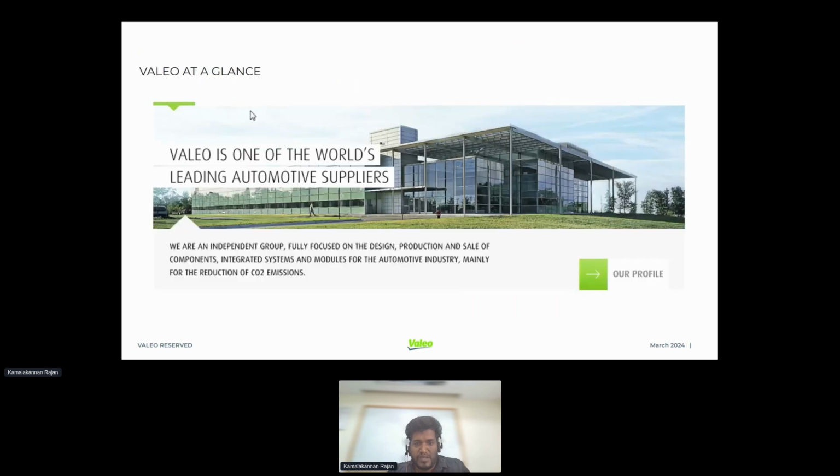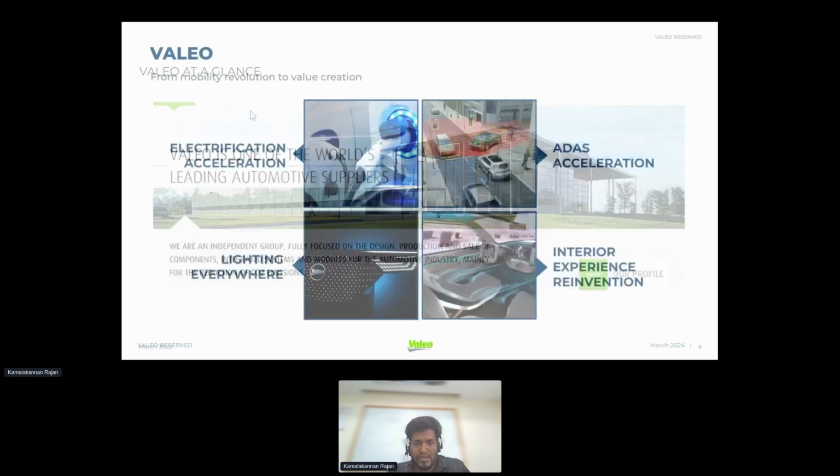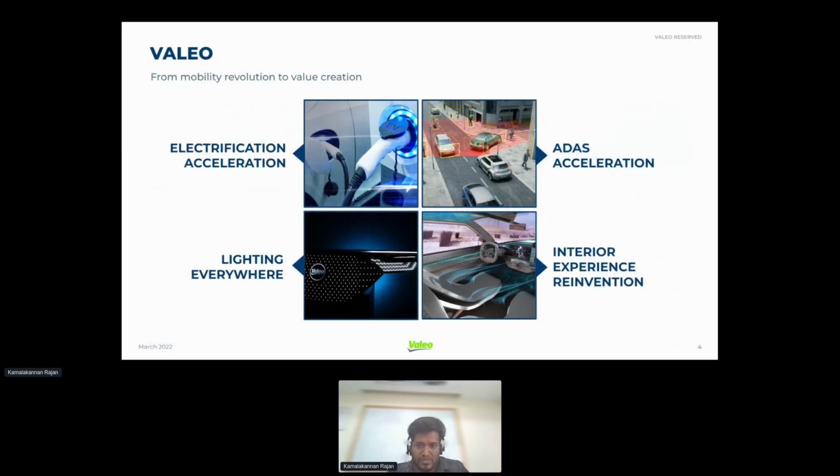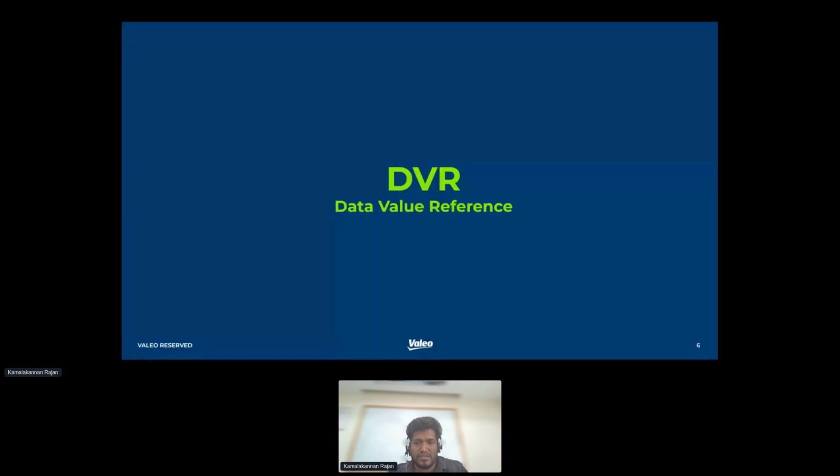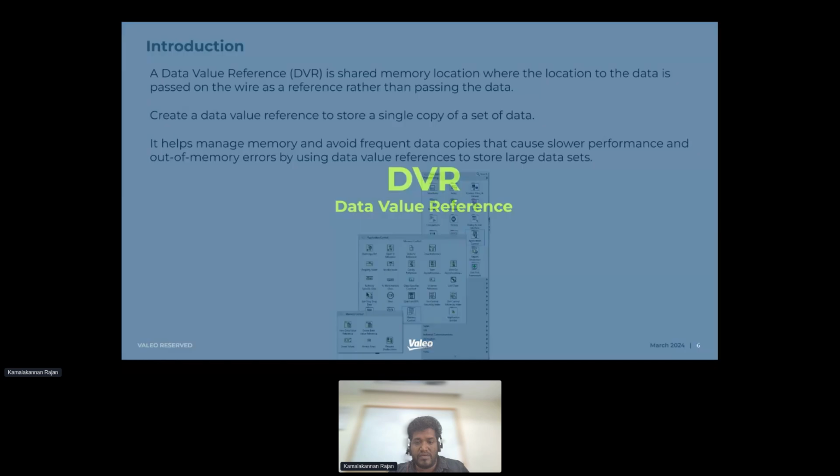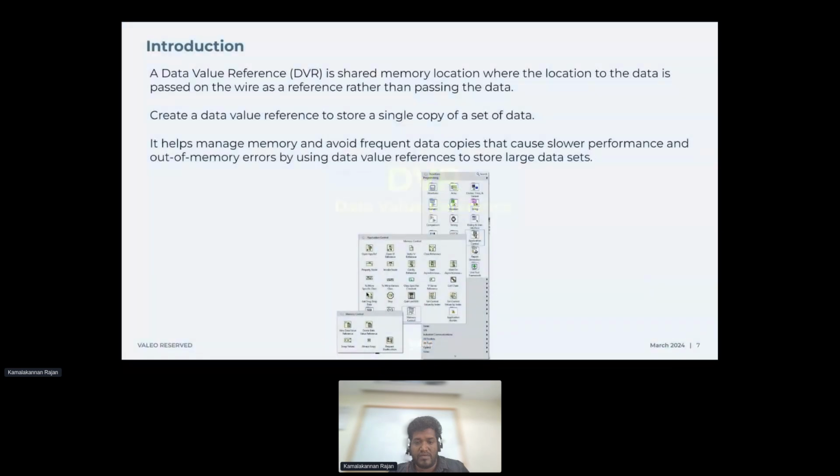Before I start, Valeo at a glance: we are into electrification, lighting, interior experience, as well as ADAS acceleration. The major area I was focusing on here is ADAS and mainly the vehicle data signals. The topic I want to discuss is the data value reference. I'll try to elaborate and explain what a data value reference is and how it is being used